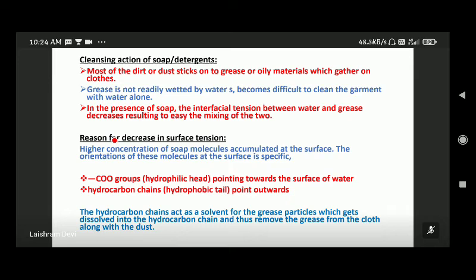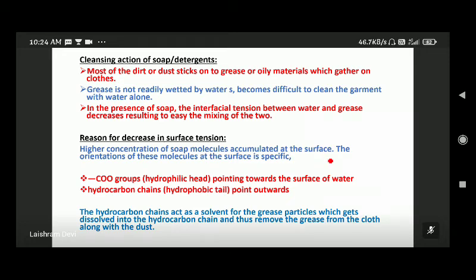So now coming to why and how. Someone's mic is on, please switch it off. The reason for the decrease in surface tension: how these surfactants help in reducing the surface tension, okay? When a higher concentration of soap molecules accumulates at the surface, because of the property of these surface active substances, a higher concentration of soap molecules, or we can say surfactant molecules, will be accumulated at the surface, and